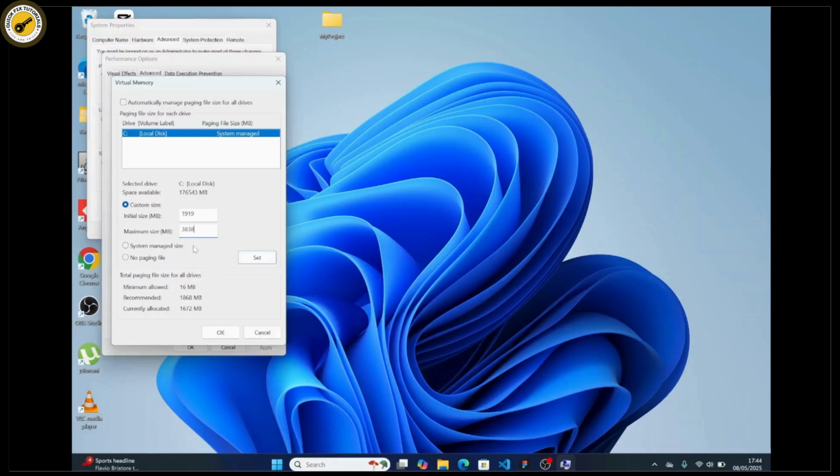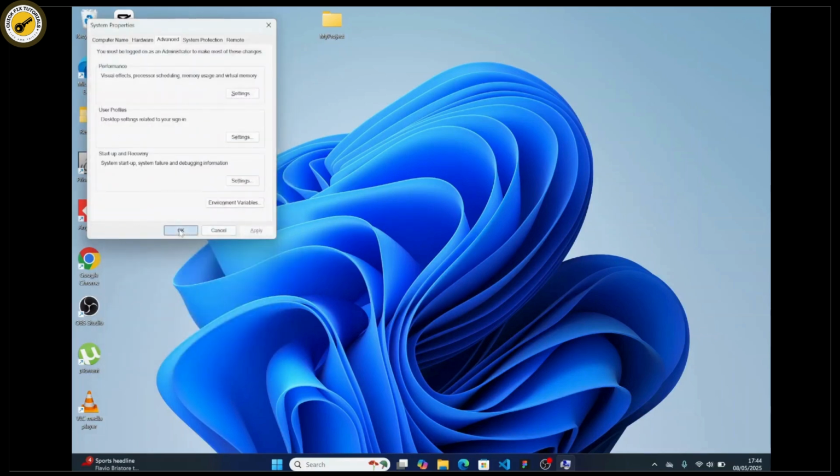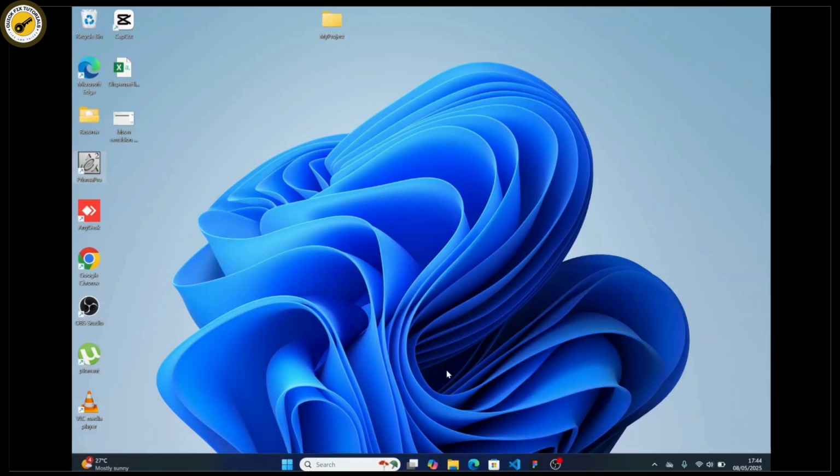And once you do that, now simply click on set and click on OK, and once again click on apply and click on OK, just like that. Once you do all of that, you might as well have to restart your computer, so make sure you restart your device. And if you're still facing the problem, then in that case what you can do